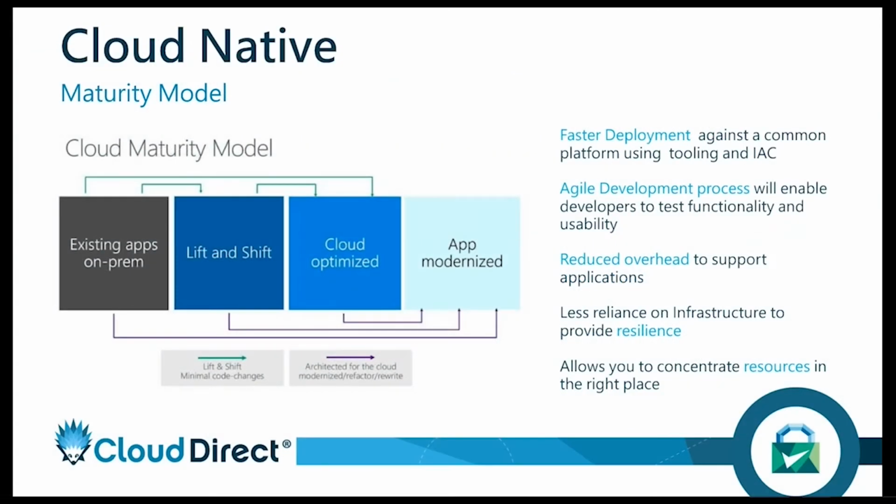So touching upon some of the stuff that Liam talked about and kind of going from that security maturity model. There you can see, you're probably all at different stages. You've come from different backgrounds, and you've worked for different companies, and you can see some of the maturity there from the left to the right. We're talking about trying to get as far right as possible, because I want to deliver my applications in a not just optimized, not just lifted and shifted to the cloud, but I want to deliver them in a really native way within the platform to take advantage of some of the things there on the right.